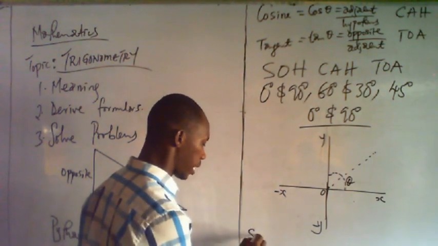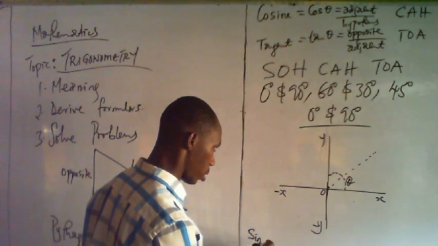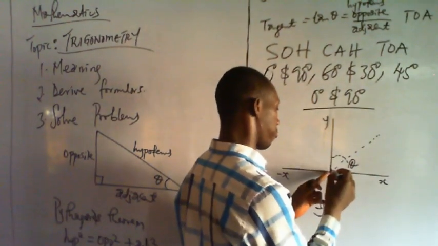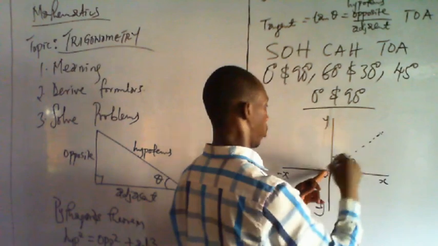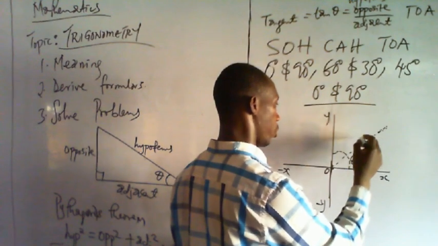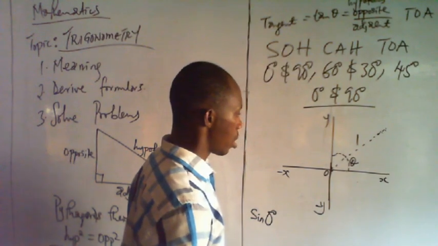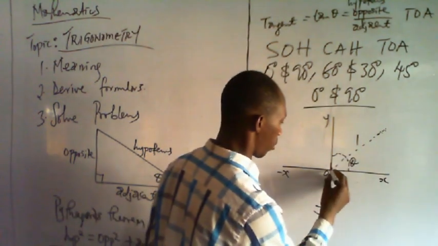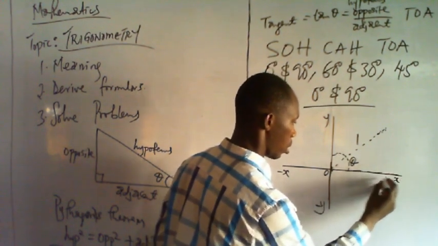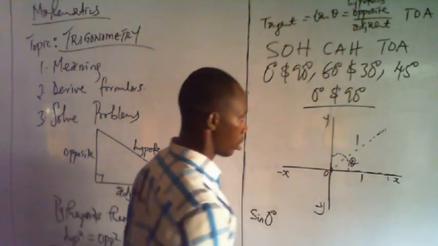Now, we want to get sine 0 degrees. Should we give from here to this point, or any point upwards, the value of 1 unit? We have that, and then from here to this point, the value of 1 unit. We have that. Opposite